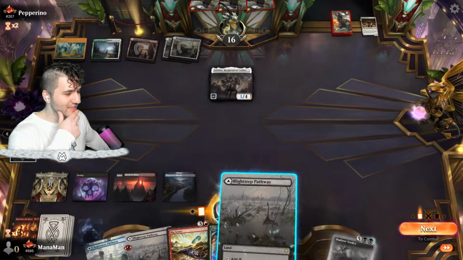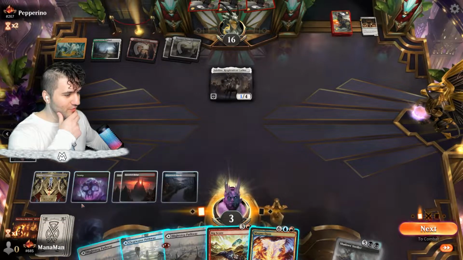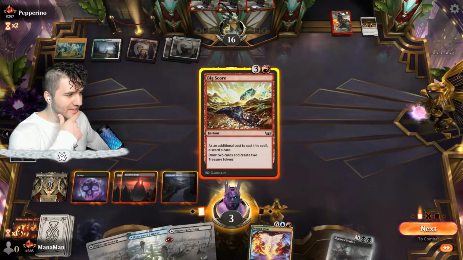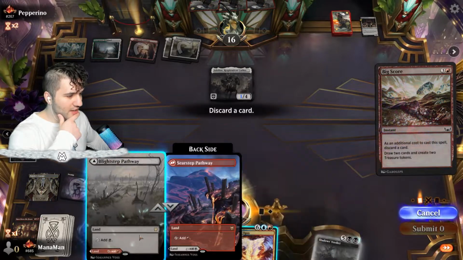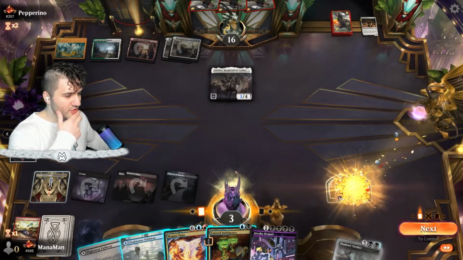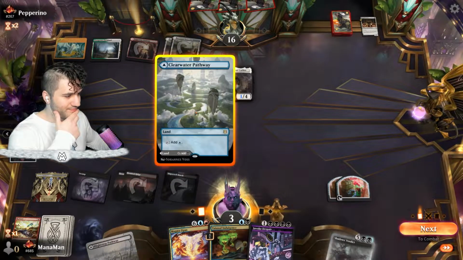More land. Yucky. 1, 2, 3, 4. We're still a ways away from being able to do anything cool. So I guess we'll just go for a big score. We'll discard, whatever, it doesn't really matter. We do get an Invoke Despair. We get a Tainted Indulgence. I guess we'll drop this for...